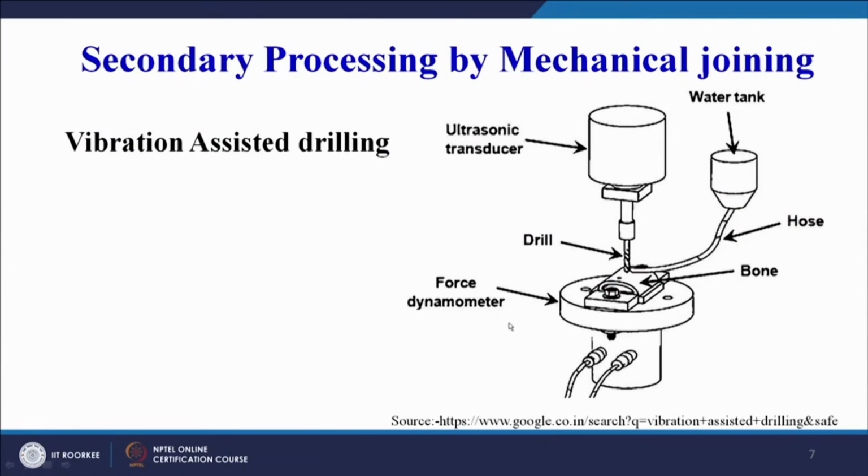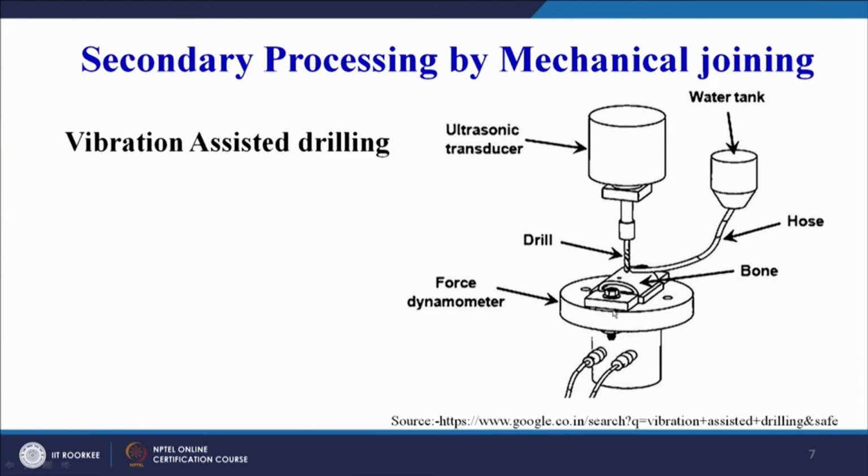Here on your screen you can see this is the drill, but we have an ultrasonic transducer which will vibrate the drill at a predefined frequency, and then we have a force dynamometer to understand the difference. Now this drill without the ultrasonic transducer, if we are making a hole, is conventional drilling. Now with the addition of the ultrasonic transducer, giving vibration to the drill, we have vibration assisted drilling. This process has been found to be slightly better as compared to the forces generated. Forces we can measure using the force dynamometer.